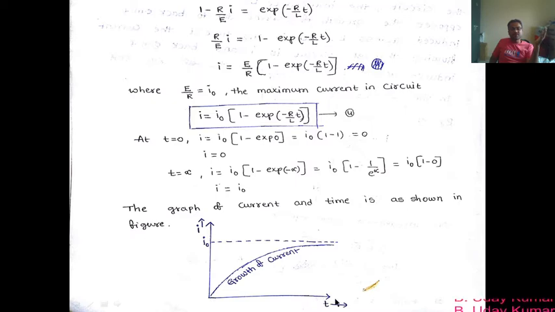Remember, time is taken along the x-axis and current along the y-axis. As time increases, current increases. This we call the growth of current. Remember at time t equal to 0, current will be 0, as you already know, and at time t equal to infinity, the current reaches its maximum value. That maximum value we call I0. So this is how we have done it, up to here. We tried to understand this in our previous video. Now we try to continue the remaining topics.